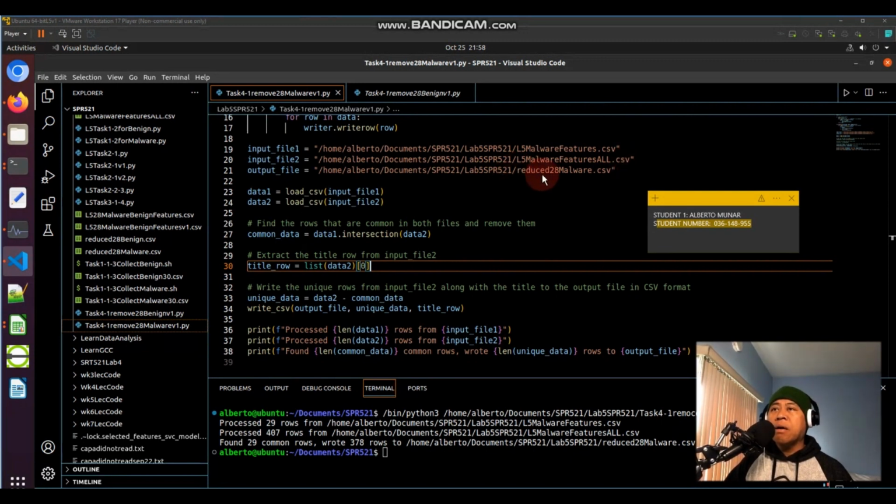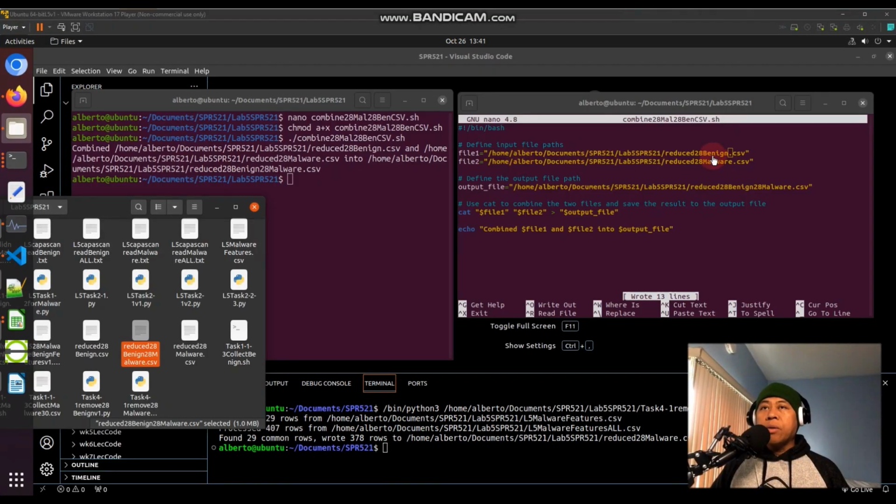Now I'm saying here that I will have to reduce the whole scan with this one. I will subtract this one, and then it will output this file here, reduce 28 malware, right? I will do the same thing with the benign, so I don't need to show you that video because the steps are the same. With those two programs that I ran, I should produce these two files, and then this bash script